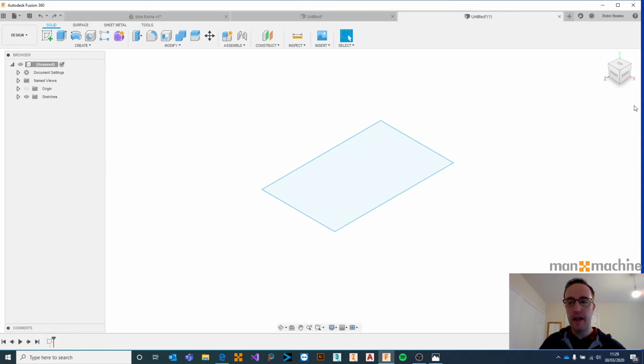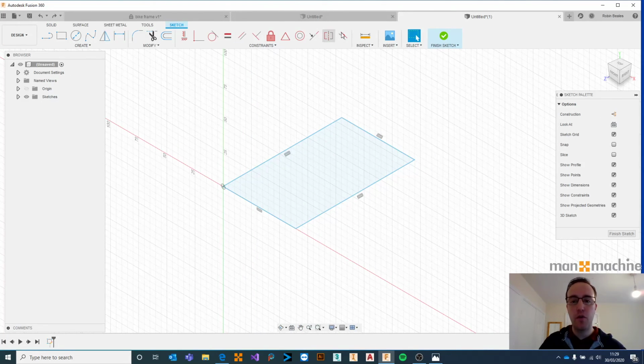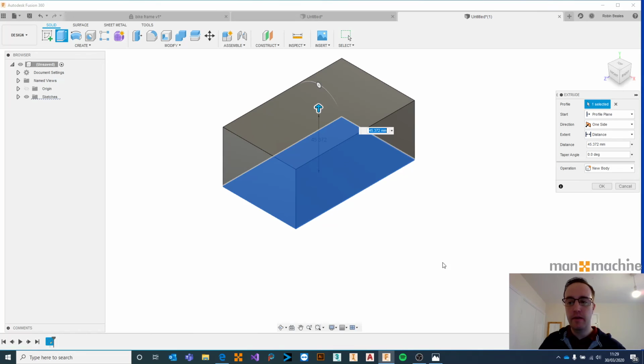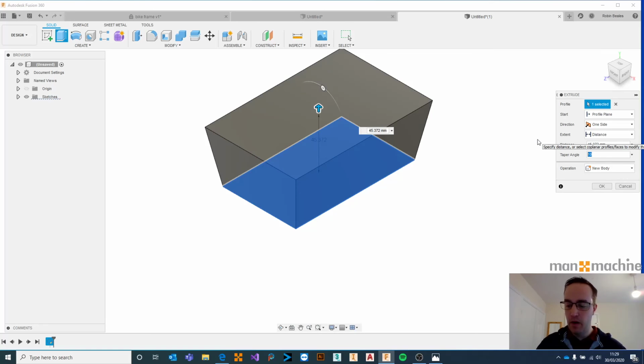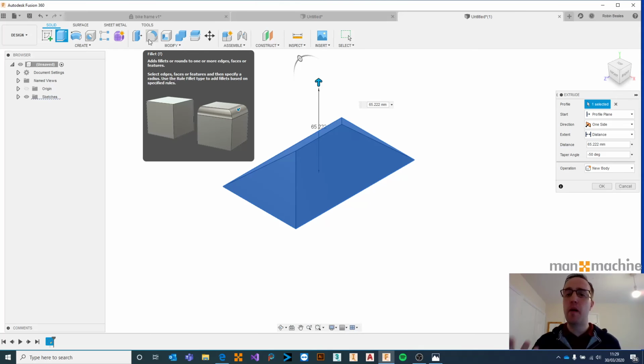The only other thing is these palettes that pop up. So dependent on where we are and what tool we're using, we have different sketch palettes or different feature palettes or different constraint palettes. And these are giving us tools specific to the environment or the area that we are in. Okay, so we can come in and we can start controlling how an extrusion will happen. We can start controlling if there's a taper angle on that extrusion. We can start controlling how many instances of a pattern that we have or how our mirror is going to work. So those pop-ups will come up on the screen wherever they're required by a specific tool,